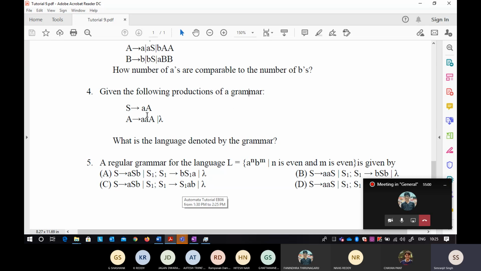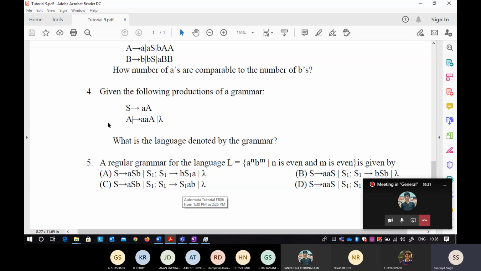But keep in mind, the smallest you obtain from this one is n greater than or equal to 1. Because if you are seeing the starting symbol, I think there is a problem here. No, that's absolutely correct, because this is not even, this is odd. So the smallest is a single A, so you can get a single A. So all that is correct: odd number of A's in that one.